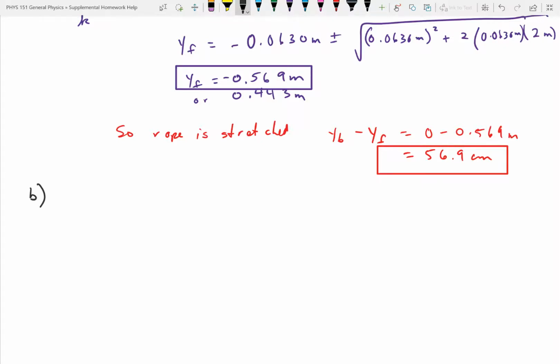Okay, we've done all of part A using conservation of energy. So now going to part B. Part B says,